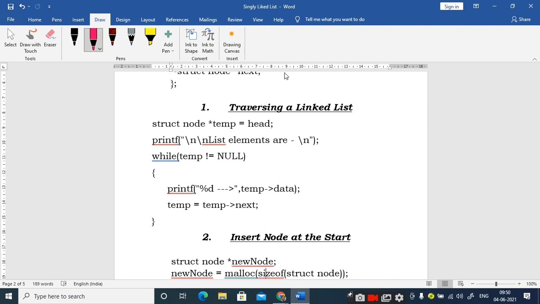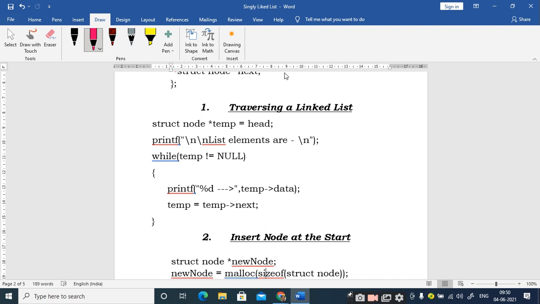This should be repeated until you reach the last node, right? So you are visiting each and every node and then doing the processing, which is nothing but the printing. So you have to have the traversing of the linked list. Similarly, when you are asked to write a function to count the number of nodes, you should visit each and every node, and when you visit each node, you have to increment the counter variable.